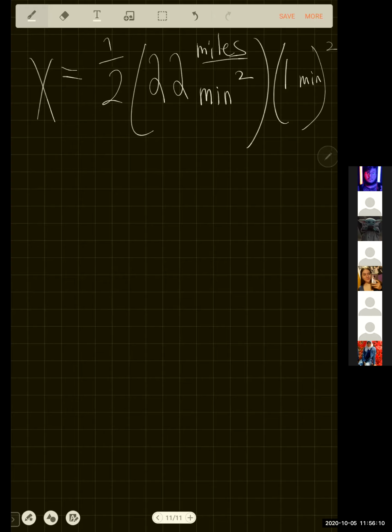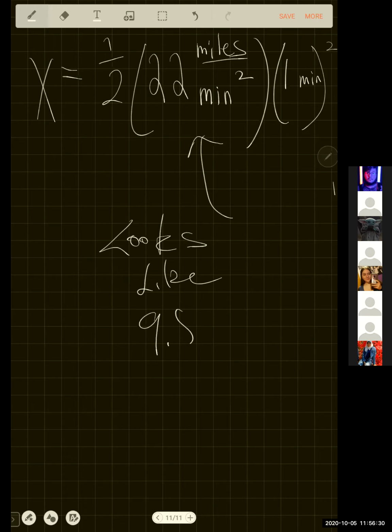Now I literally have something that, first of all, makes sense. I have a 1/2 AT squared where the units are all consistent. The A is 22 miles per minute squared, and the T is in minutes. Now the units are not all mixed up like they were before. This looks like, for example, 9.8 meters per second squared. So now I've got something nice and solid. And the minutes squared will cancel with the minutes squared, so I'll get, just like Alyssa said,